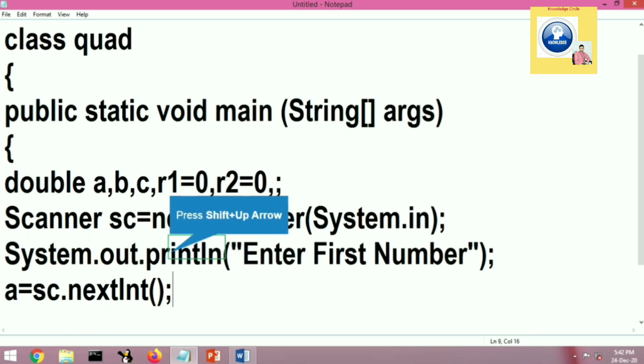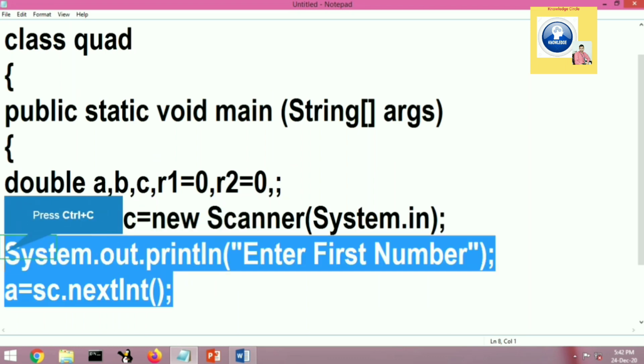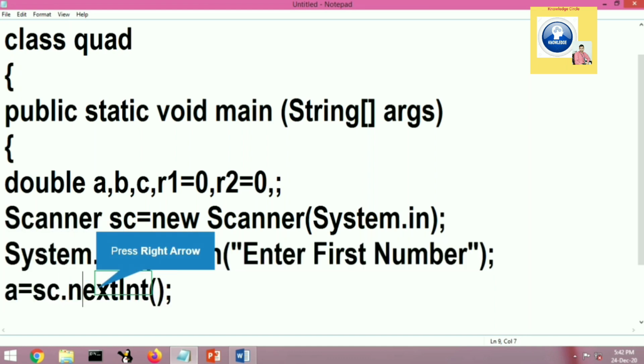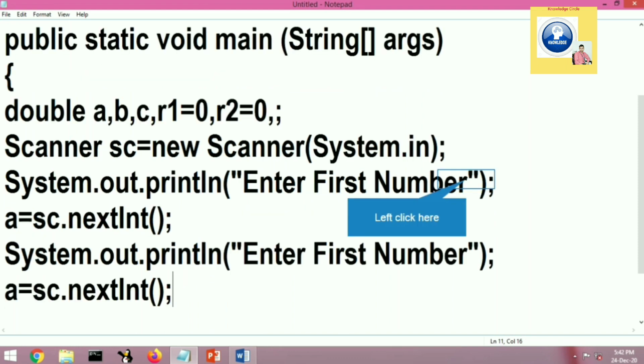Then let's write the message. What will the message be? Enter the value of a in a quadratic equation. So let's give the message in double quotes, and it will be displayed for the user.